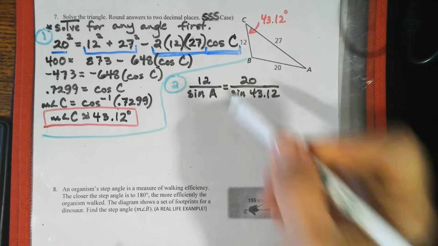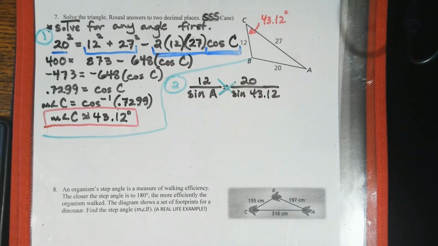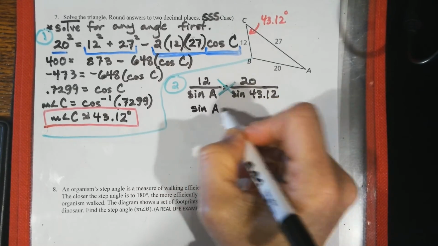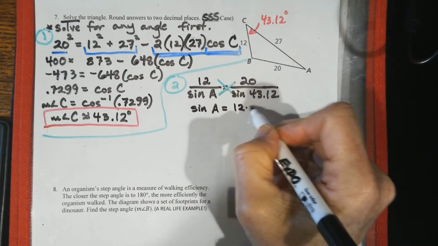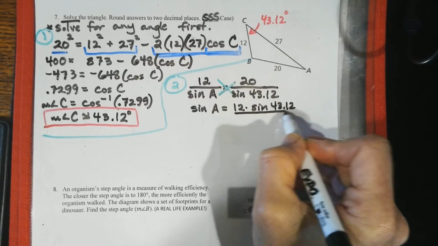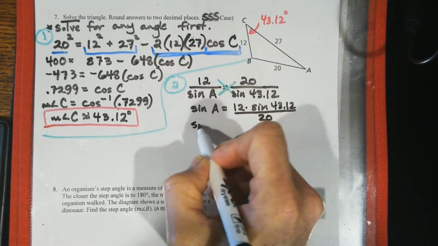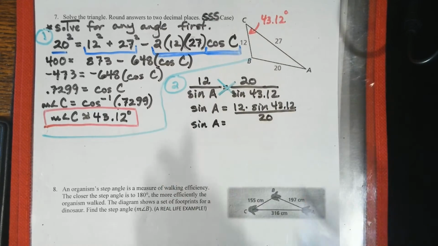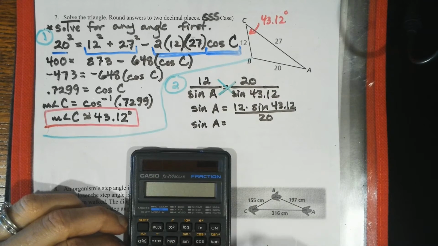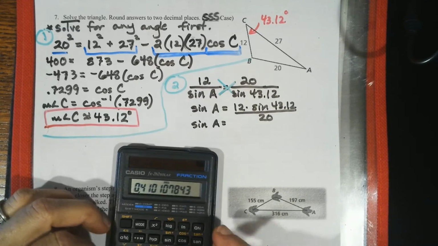I'm going to do my cross products so that sine A is equal to 12 times the sine of 43.12 divided by 20, and I get